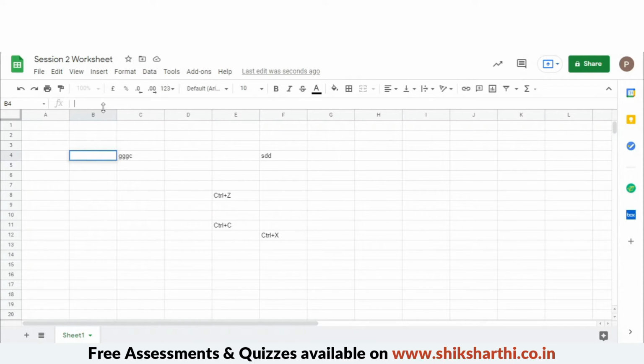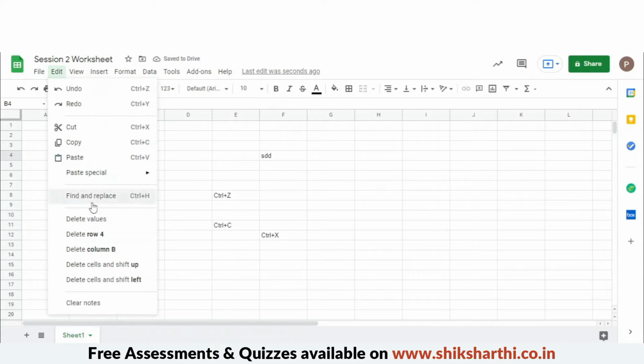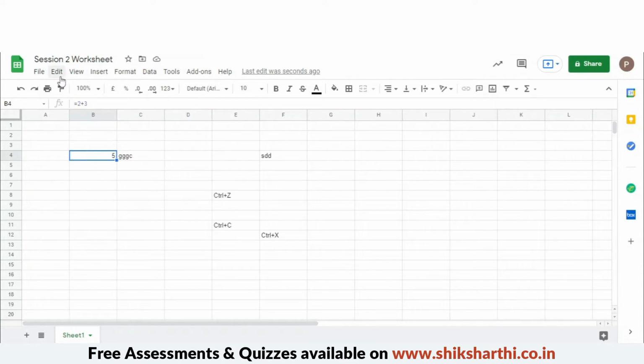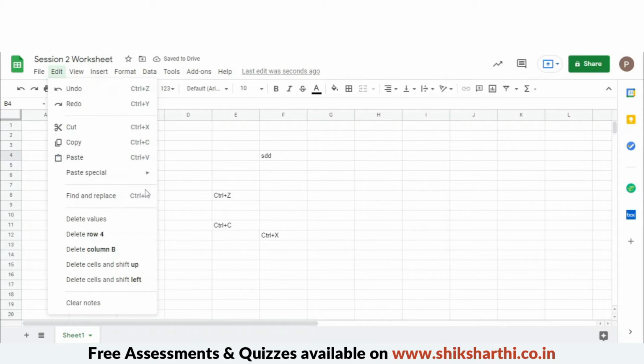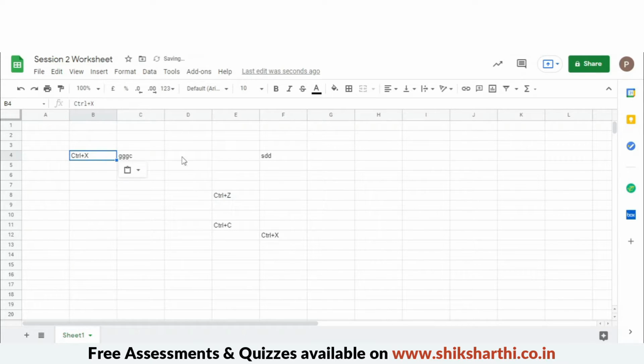Let's say you did a calculation, equal to 2 plus 3, which is 5. Let's copy this, go to paste special and press paste values only. See, it doesn't paste the formula, it just pastes the direct value, whatever it is.